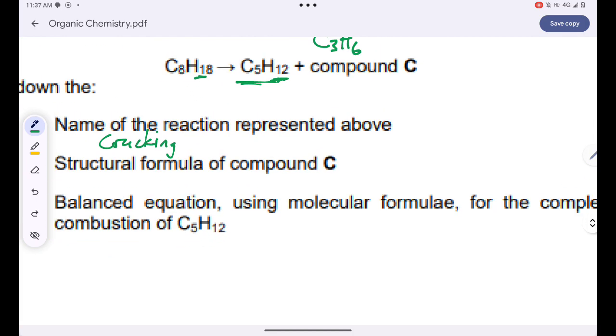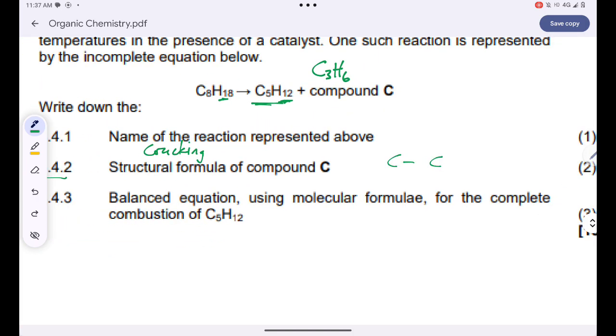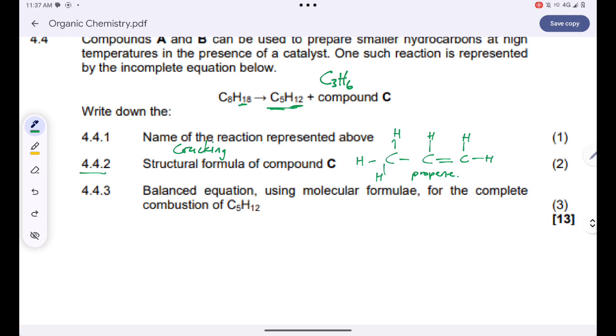So the structural formula for that alkene, it's just easy. You're dealing with prop-1-ene, or just say propene. There's no other propene than prop-1-ene. Propene. That's how you're supposed to tackle question